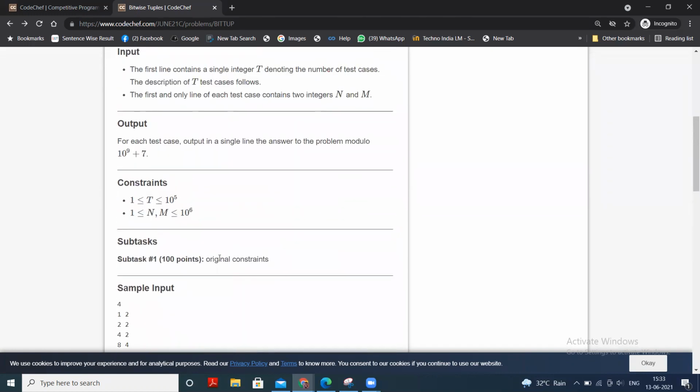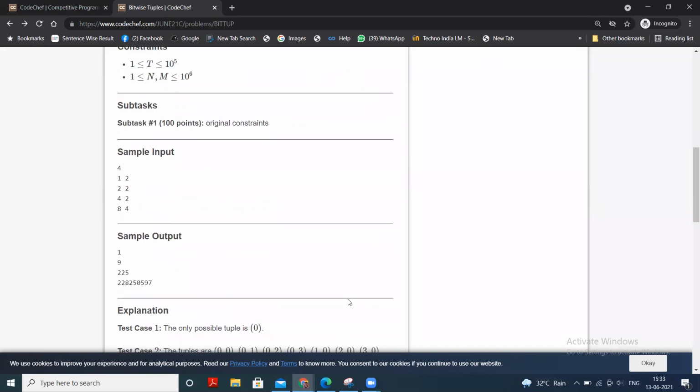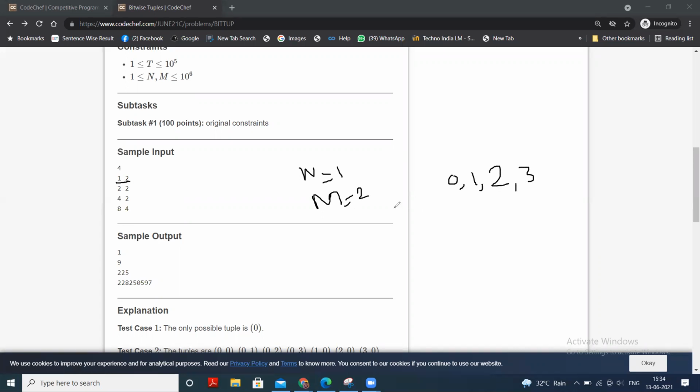So now, how can it be generated? Let me explain. Suppose here 1 and 2, so n is 1 and m is 2. Here n equals 1 means we have one element in each tuple, and m equals 2 means the possible values are less than 2 to the power 2, so each tuple has only one element: 0, 1, 2, 3.